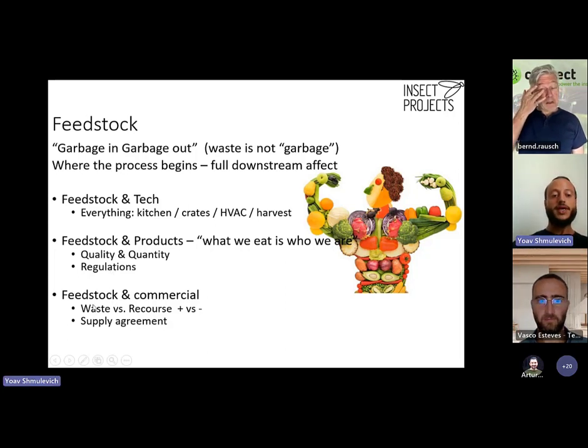And lastly, to connect the feedstock with the commercial pillar, well, you will definitely need a supply agreement to get your project financed and get it going, a feedstock supply agreement. And very strong connection to your bottom line is your feedstock a waste? Maybe you get a gate fee to take it and it's an income. Maybe your feedstock is more of a byproduct from a feed industry and then you need to pay to take it. So very strong effect here.